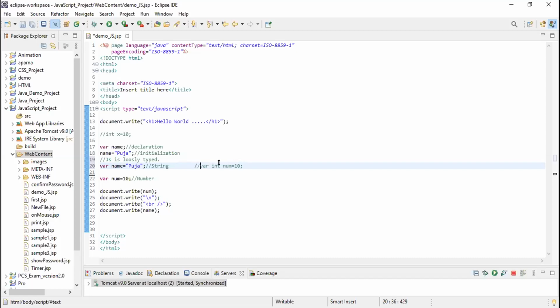We always write var num, right? Yes, ma'am. So as we never use data type in JavaScript, that's why it is called loosely typed. Because we don't have to define any data type of the variable when we create the variable.